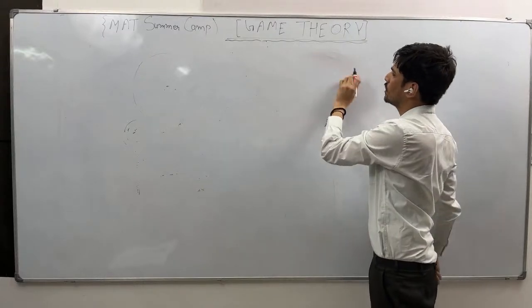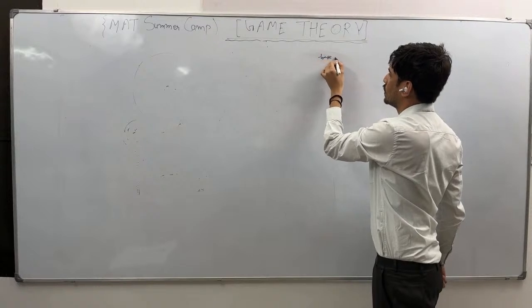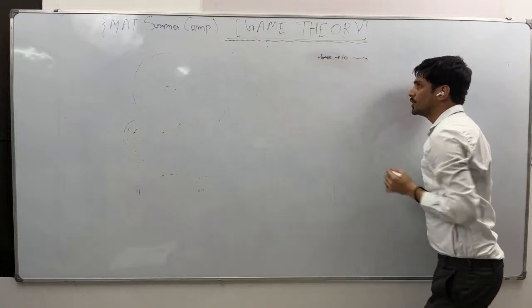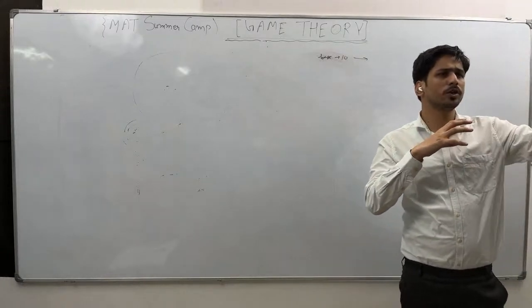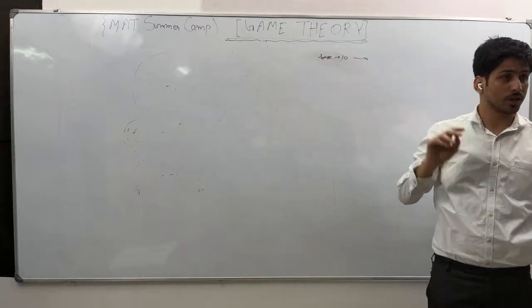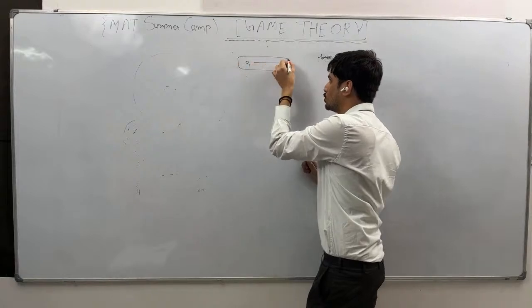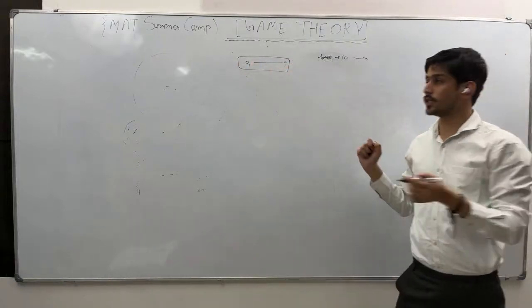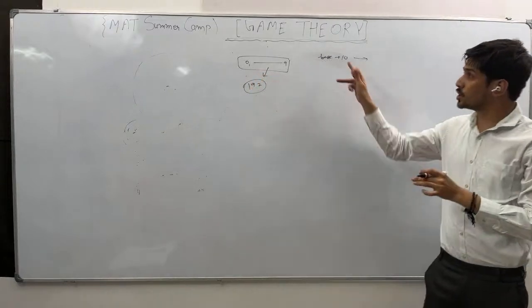Let's say I have base 10. In base 10, what are the digits I can use? From childhood itself, we always talk about 0 to 9. All the numbers, whatever number I have, I can write in terms of 0 to 9. Using these digits, I can write all the numbers. Let's say if I'm writing 192, I'm using these digits only. So this is called base 10.